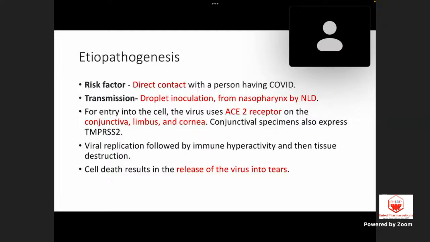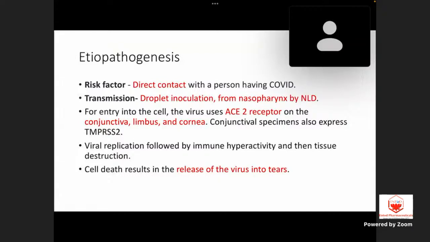After transmission, for entry into the cell, the virus uses the ACE2 receptor on the conjunctiva, limbus, and cornea. Conjunctival specimens also express TMPRSS2, which also helps in the entry of the virus into the cell. Although ACE2 receptors are present on the conjunctiva, limbus, and cornea, their density is very low, and the only ocular manifestation is conjunctivitis. There was only one reported case of keratoconjunctivitis, in which the cornea was involved, by Chima